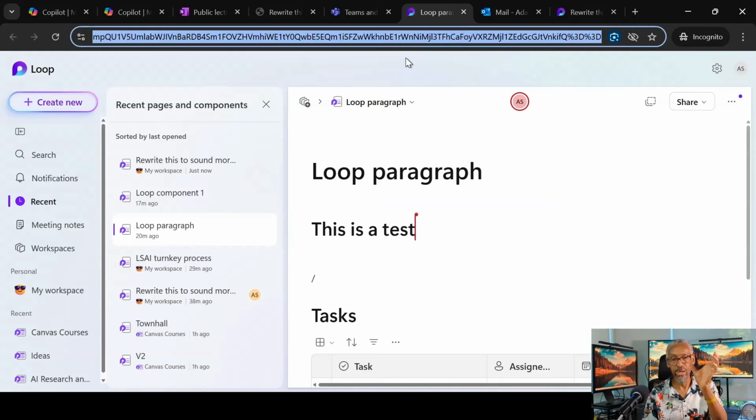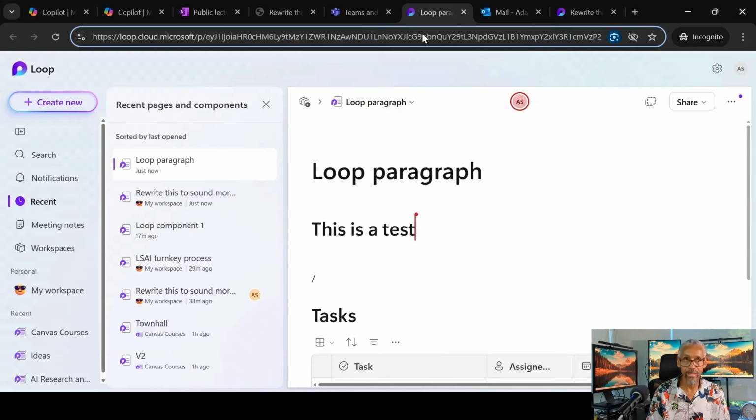As you can see here, that GUID is more than a GUID. This long string represents the document, and the permissions, all that stuff is embedded in this long string up here. And on the left here, you will see that the URL says loop.cloud.microsoft. And that's it. So in order to access Loop, whether it is a paragraph or component or a page, that is accessed through that single URL,